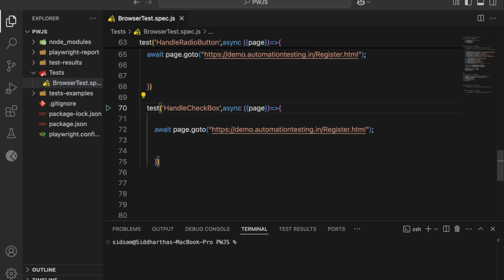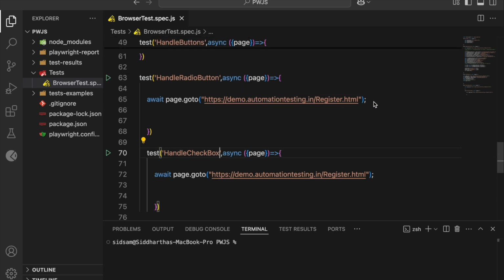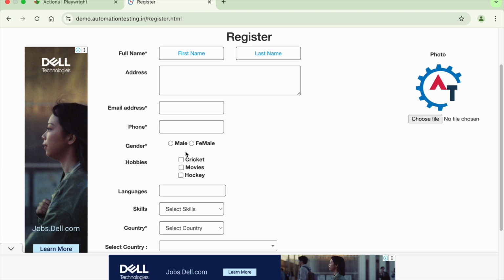Okay, so for the radio button, let us come here and you can see what is a radio button. So radio button is nothing but you can only select the button, you cannot deselect. Okay, so basically that means if I am clicking on this one, that means I am selecting this button. Okay, if I am selecting again, so basically you cannot deselect the radio button. So when you click some other radio button, then it will be deselected. Okay, so this is the radio button, and we have seen, if you remember from our XPath, so basically the